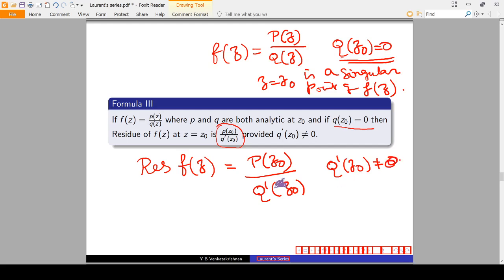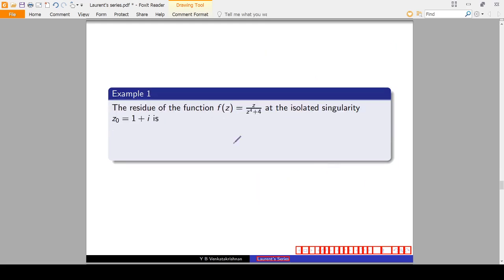So in this case, the residue of f of z at z naught will be p of z naught by q dash of z naught, if you have a rational function. So as an example to this, we calculate the residue of z by z power 4 plus 4